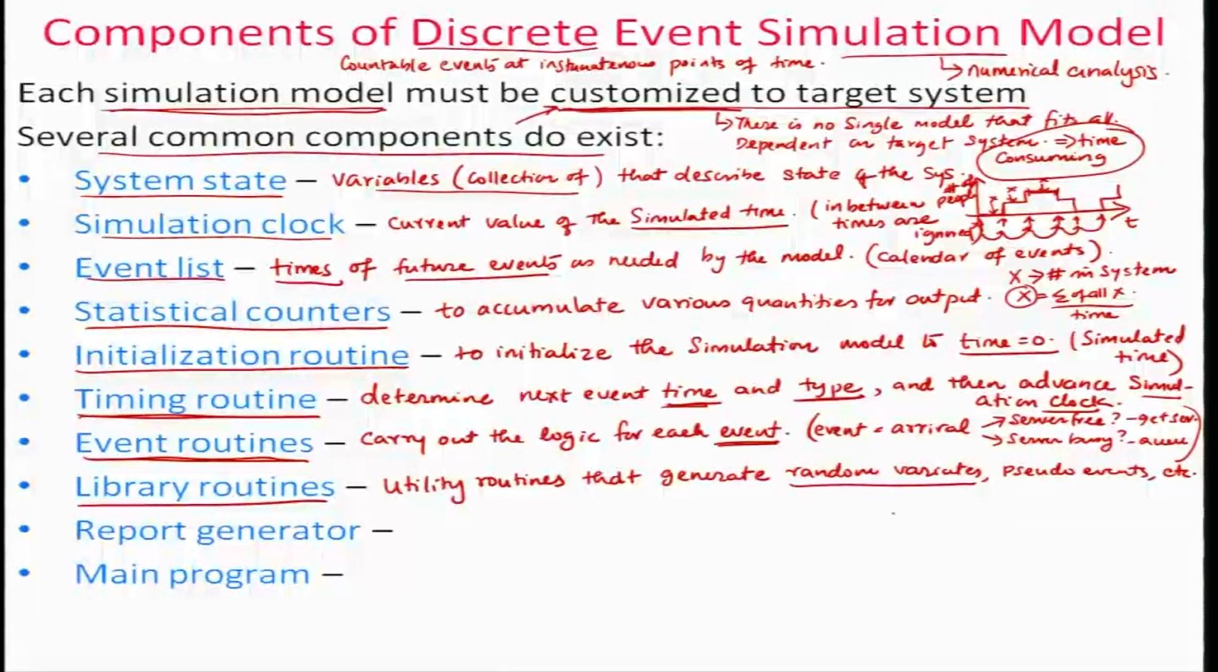Why? Because the random variates are used for simulating uncertainty, or what we call the stochastic part of the simulation model, is done with the help of the random variates. So, the routine that generates the random variates, so that you can model uncertainty, is taken care of as part of this particular library routine. Similarly, the pseudo events, the beginning of the simulation, end of the simulation, all those aspects are also taken care